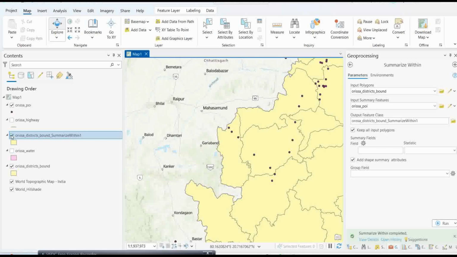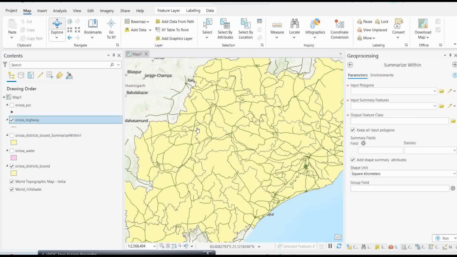So now I will switch off this, and let's open this Odisha highway layer. As you see here, I already uploaded this road layer. For each Odisha district, I want to see each road and the distance. Suppose for each road, what is the total square kilometer area it is covering around this particular state, or districts, that you want